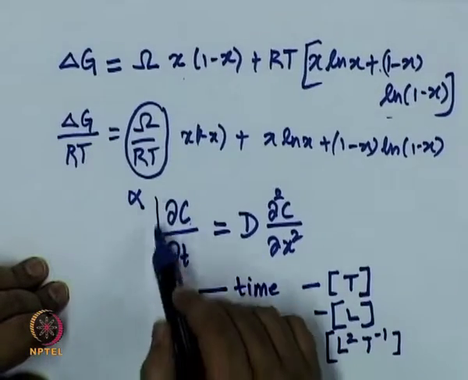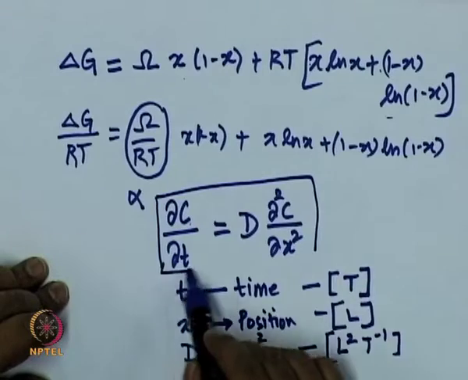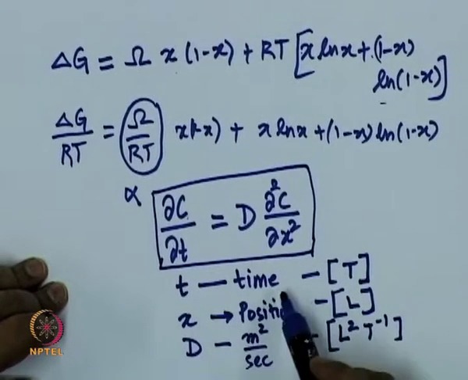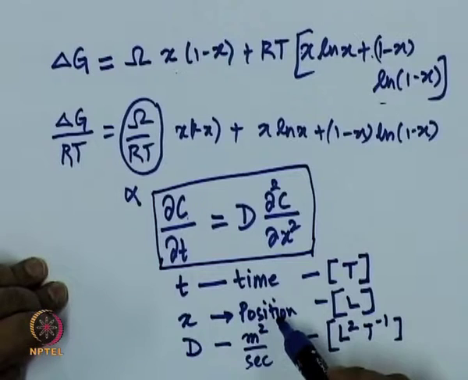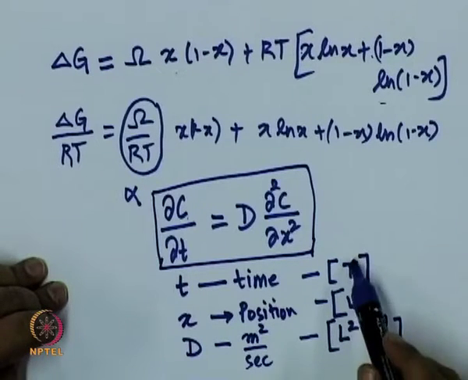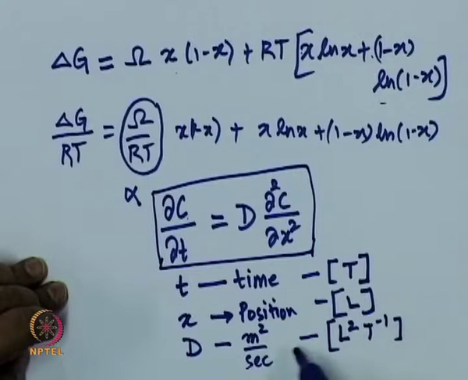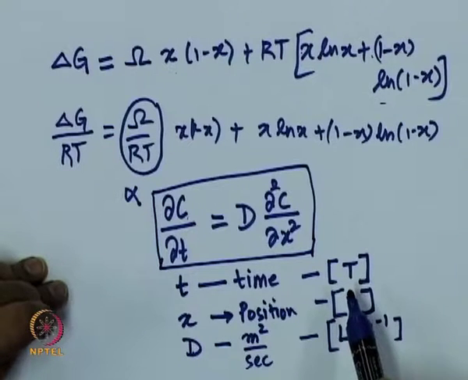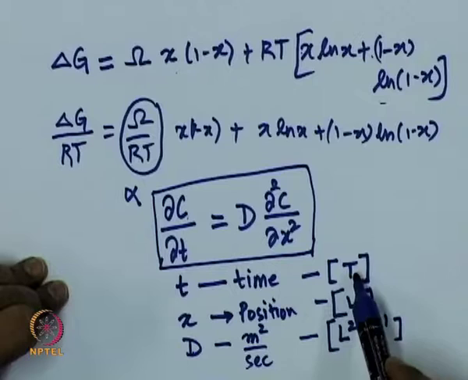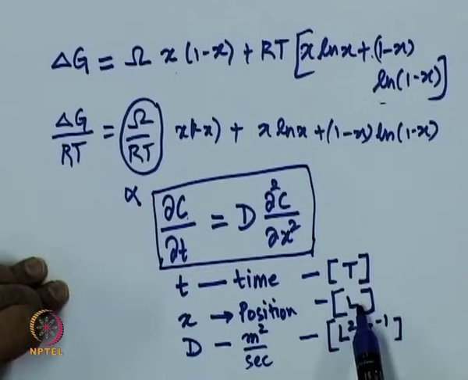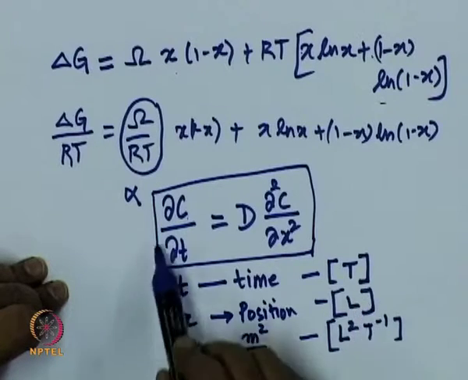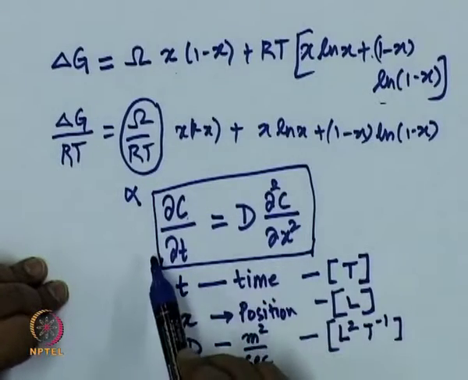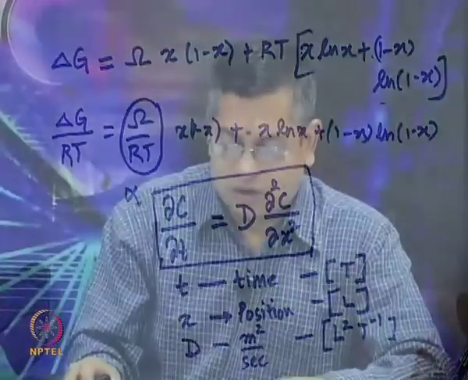What we are going to do is that we are going to consider some characteristic time, because time and length are the only basic dimensional quantities that we have. D is basically a derived quantity. So, all that I need to do is to choose two quantities, one that refers to the characteristic time scale, the other one which refers to the characteristic length scale, that is sufficient for me to non-dimensionalize this equation. Okay. So, that is what we are going to do.